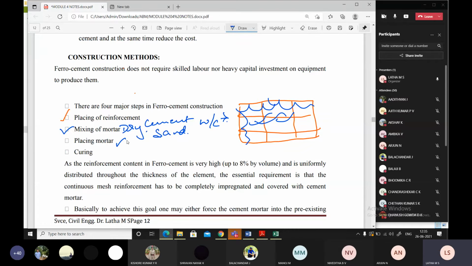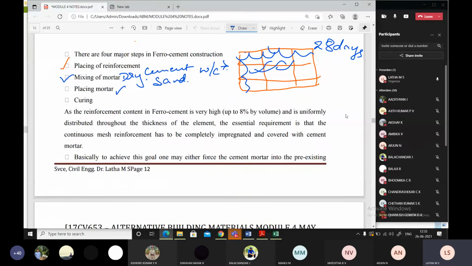Then you have to place it. Where do you have to place this mortar, students? Just above and below the mesh of the reinforcement. You have to place a wet mortar mix above the top and bottom of the reinforcement. Then you have to cure for 28 days. Anything which is done with the concrete, you have to compulsorily cure it for 28 days. There is no other go, students. So this is a complete description about the construction of